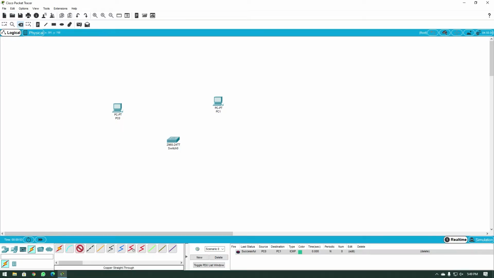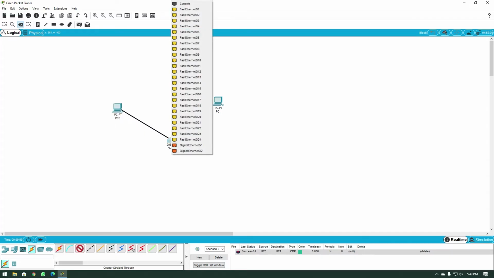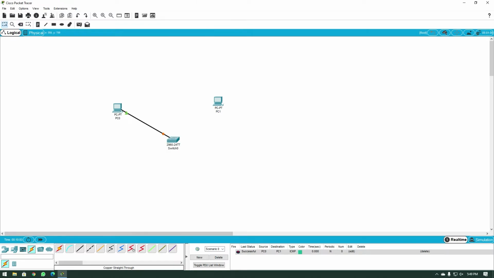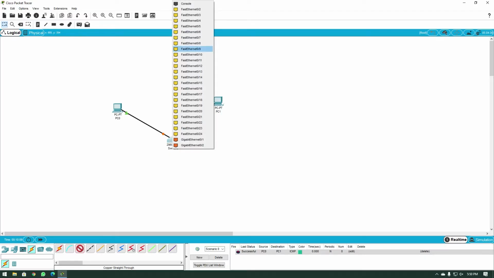I'm going to click on this one, the PC, select fast Ethernet, go to the switch and connect to fast Ethernet 0/1.